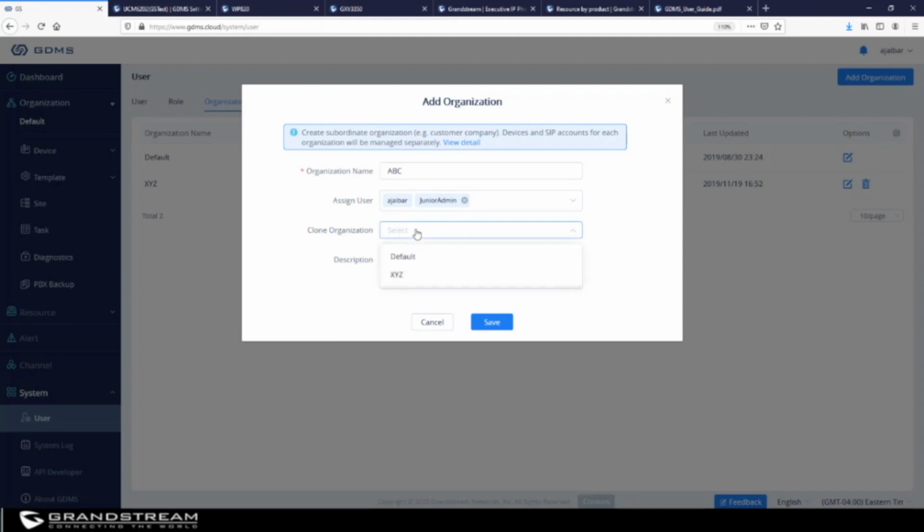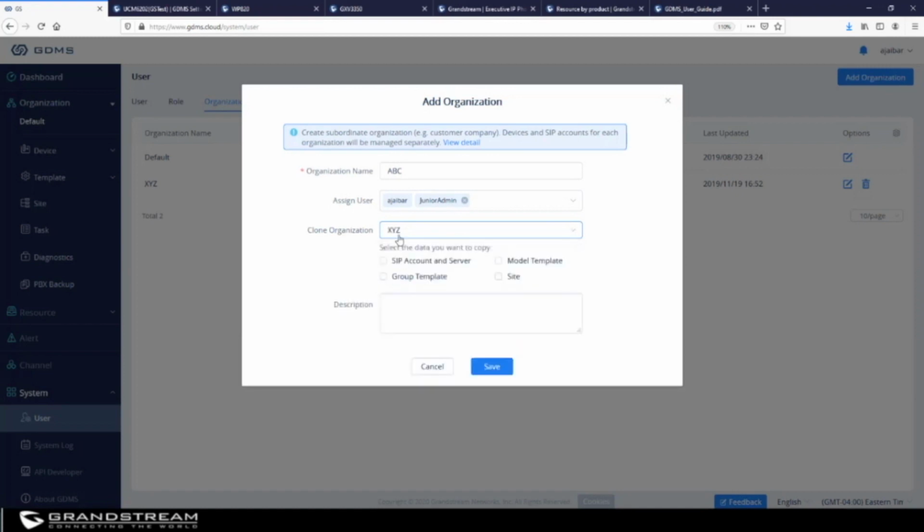Then you have this option, clone organization. If you want to create an organization with different templates, different phones, different SIP accounts and SIP servers, you can leave this one blank. But in case, let's say XYZ and ABC share the same SIP server and the same SIP accounts, I can clone the information from this organization to the ABC organization. Then I can choose, for example, SIP account and server,